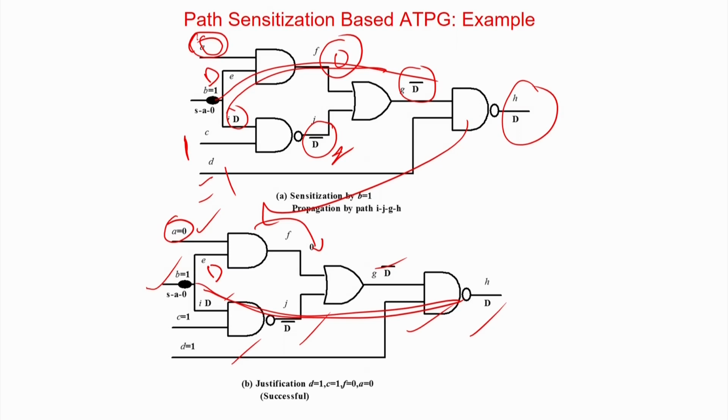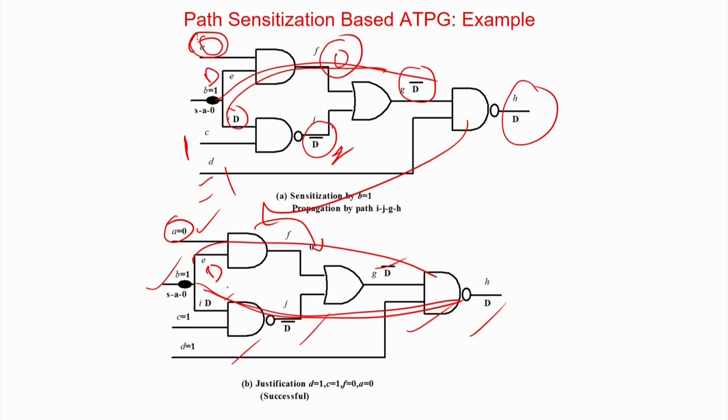And you have to keep on repeating it for all the faults till you find a test pattern which detects the difficult to test faults, and finally you may also find some faults for which no test pattern could be generated, because you would have exhausted all the paths, and still you could not get a successful sensitize, propagate and justify. So, that fault is an untestable fault. So, those faults cannot be tested at all. So, with this basically the test patterns will be generated.